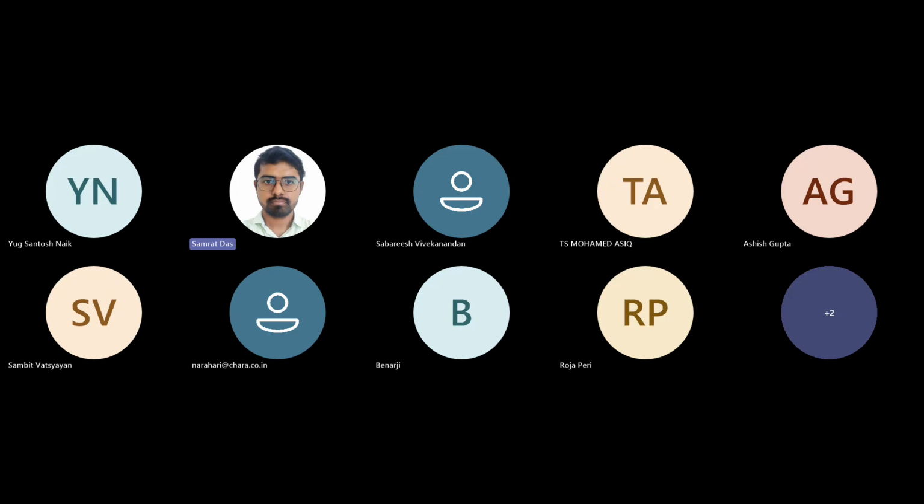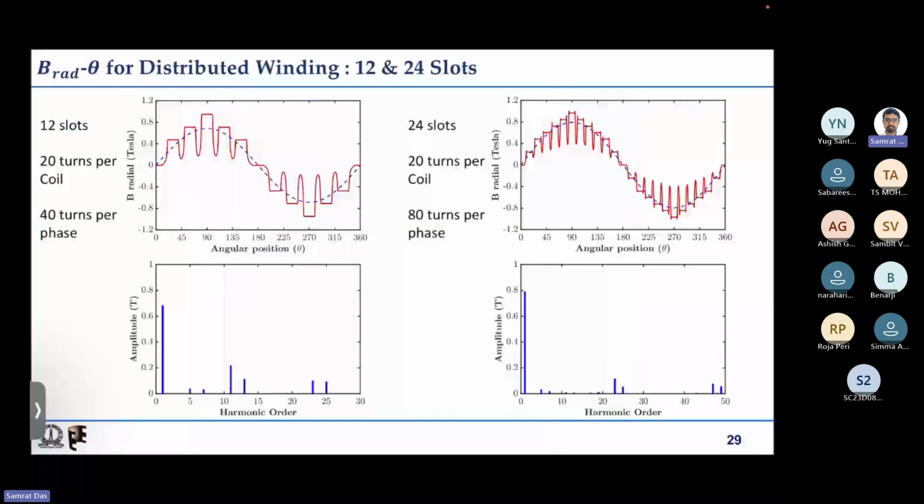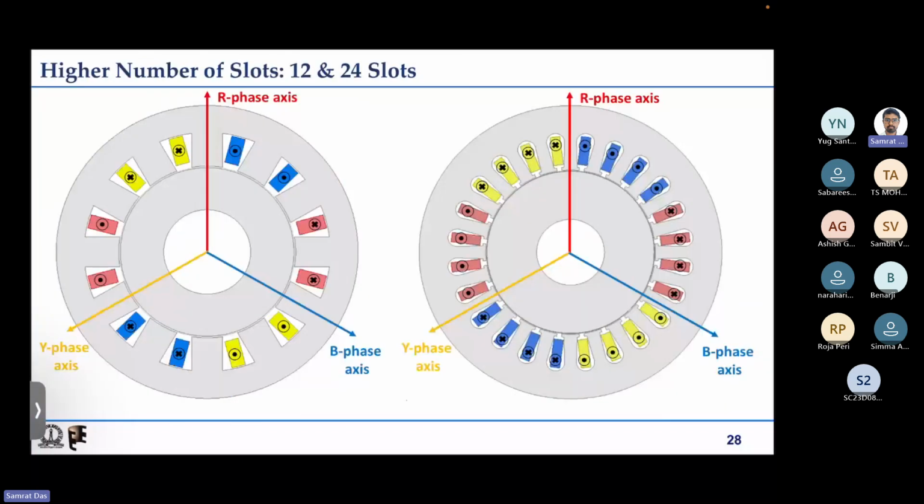Yeah, so let us get started. First let us try to understand how a distributed winding produces a sinusoidal B in the air gap, as we have seen in the earlier case. In this case, we have a distributed winding and we are able to produce a sinusoidal B distribution. So what does it mean? If we pass through the air gap,